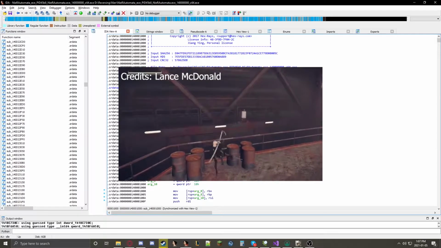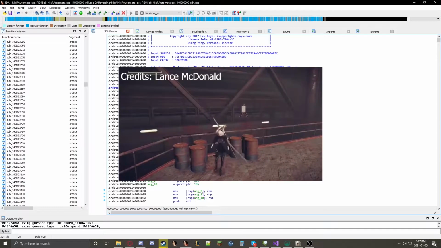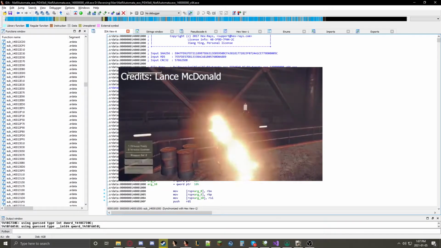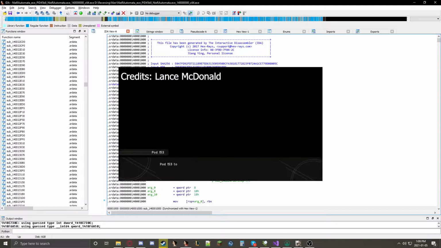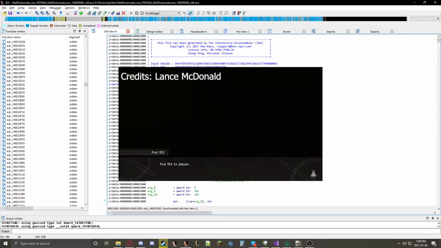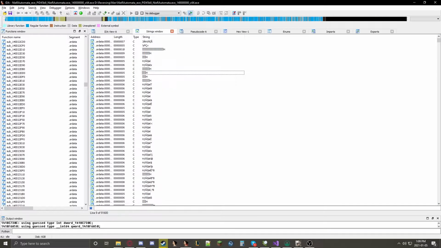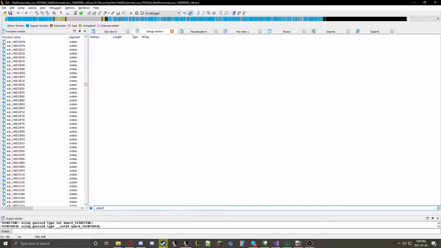And to activate the cheat code, he basically stood between two barrels. I should put the video up on screen now. He stood between two barrels and entered a sequence of keys, which the game recognized, and then sent him directly to a title card. So to find this, my first thought was to actually, well, it's a cheat code, so I